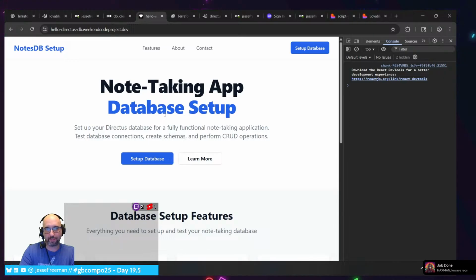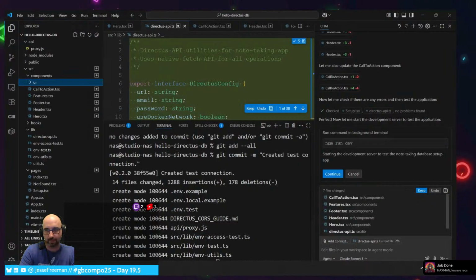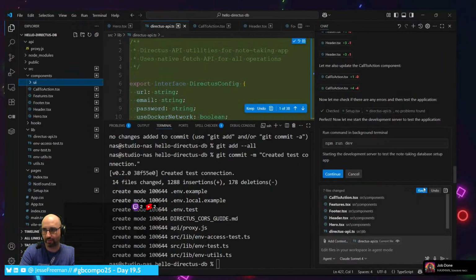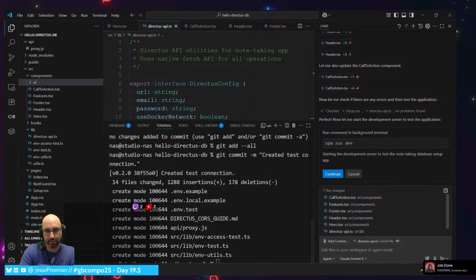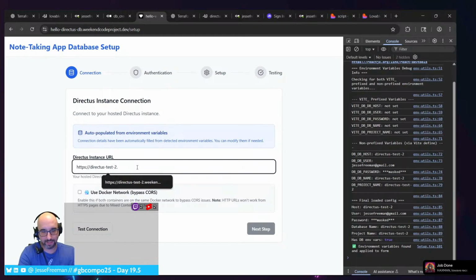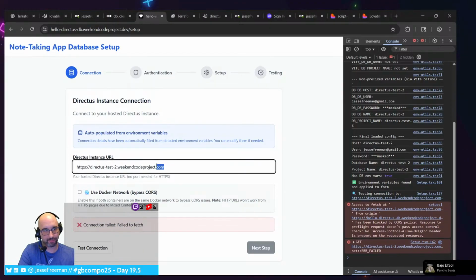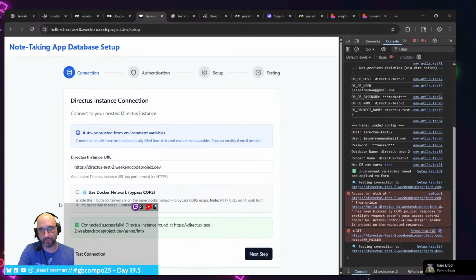So yeah, this should set up the database. You basically give it this thing, it's supposed to go through and build out a whole thing. How far have we got? Now let me check, start development, test the application. So we are here. So let's make this weekend code project.com. And this is now failing? Oh, .dev. I do have .com too, but that's a whole different thing.